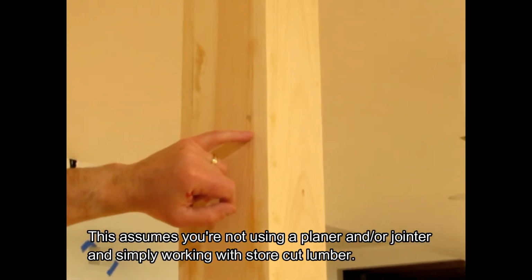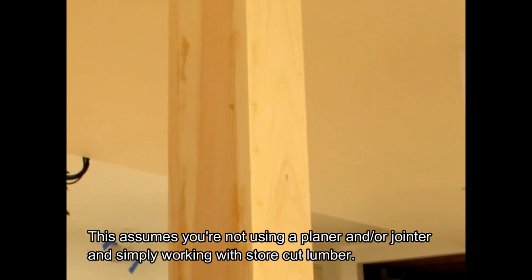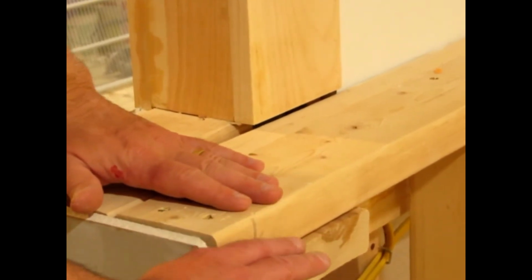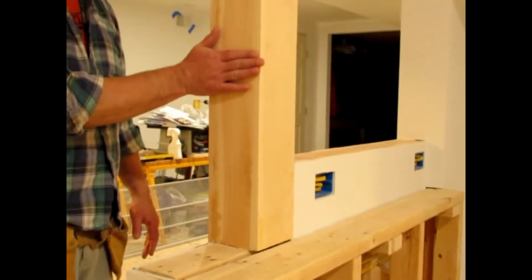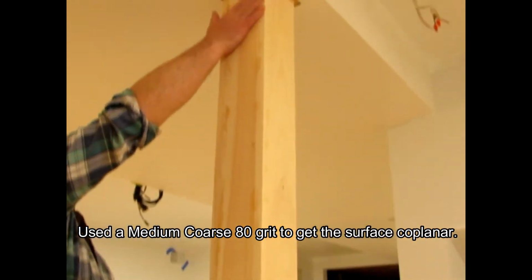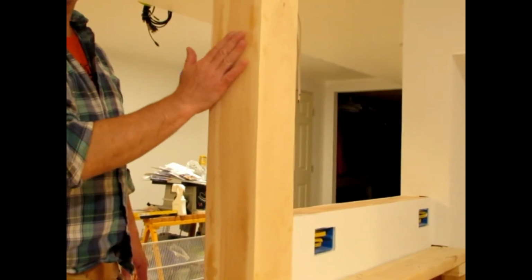Once that's done, you still have these two surfaces, these joints here, where your boards are coming together. With your wood, there's always going to be variations of thickness of the cut. Sometimes the wood might be cut swell, or maybe just soft or hard, and you may have different contours of the edges of the wood. So we're going to sand this entire surface down where we've got those joints. We're going to sand this with a little bit of a coarse grit first to get it all at the same plane, and then we're going to fine sand that